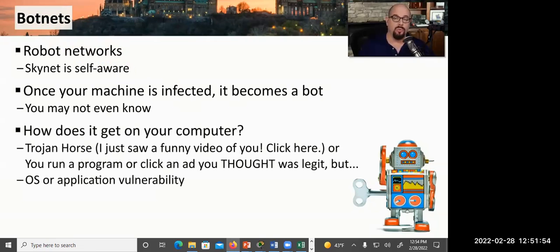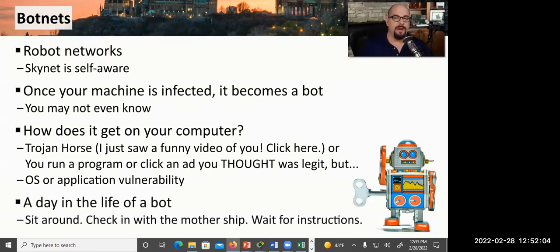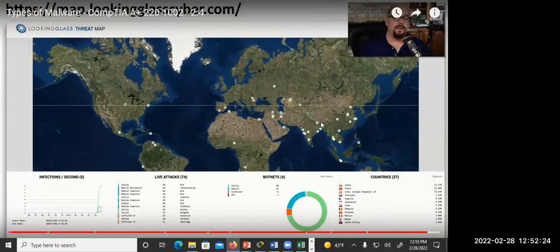Botnets can be installed with worms, with other viruses, with a Trojan horse, or any other method that it can use to execute that malware on your computer. Once the botnet malware is installed on your system, it usually sits and waits for instructions from some other third party. A third party will then communicate to the botnet and tell it to participate in a denial of service, send out a series of emails, or anything else that the third party wants your system to do using that botnet software. If you want to see botnet communication in real time across the internet,